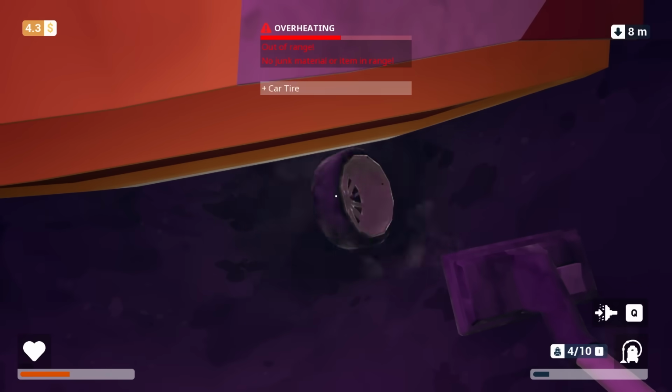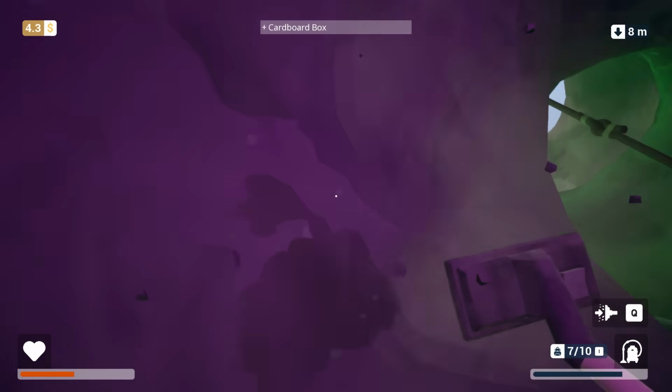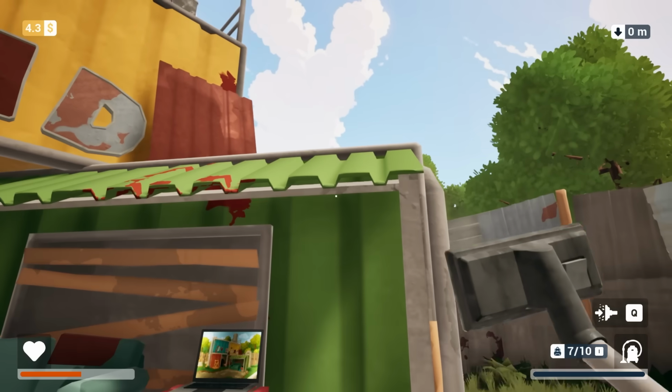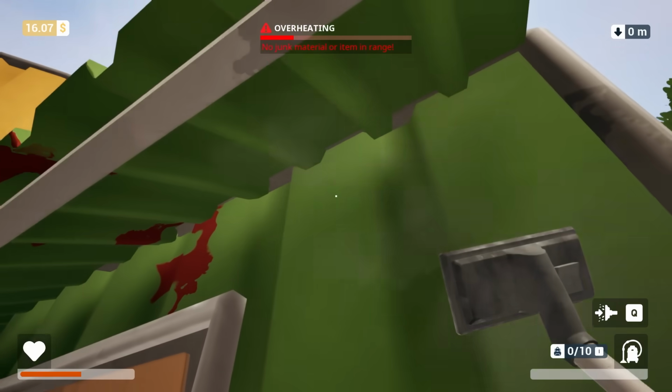There's a car tire below this thing. I do want to suck this thing out to see what this is. It's like a giant box or carton. The vacuum's actually already getting really, really big. We can move a lot of dirt. I think there's actually also a car tire up on top of here. I don't know if I can suck it up from here. First of all, we're going to sell for $11.77,